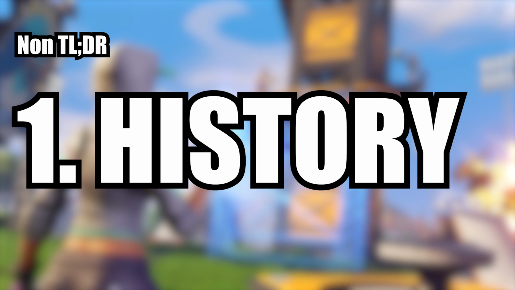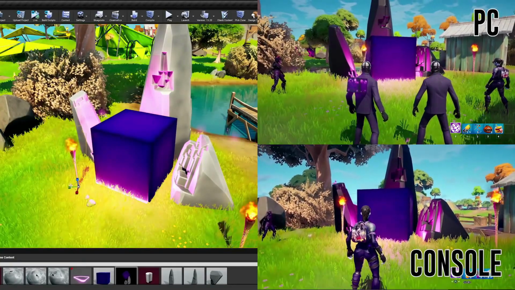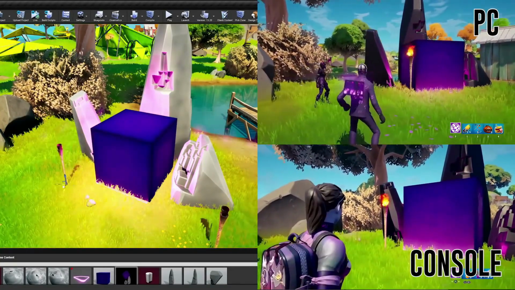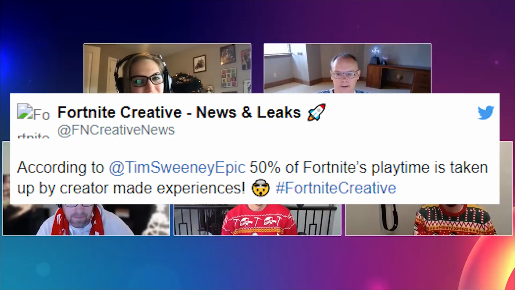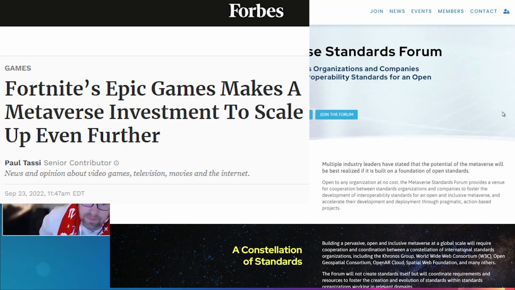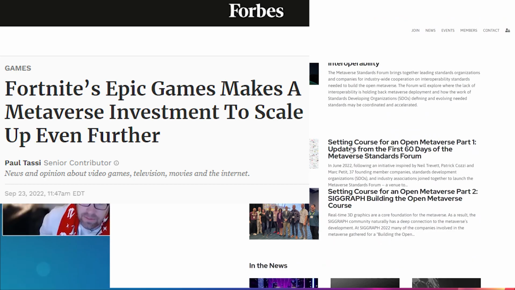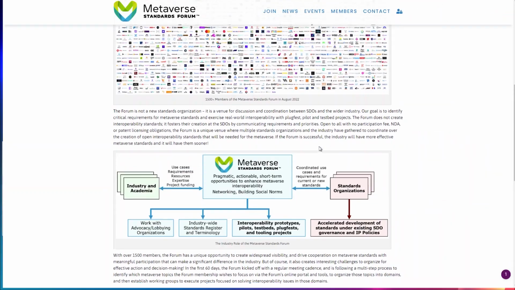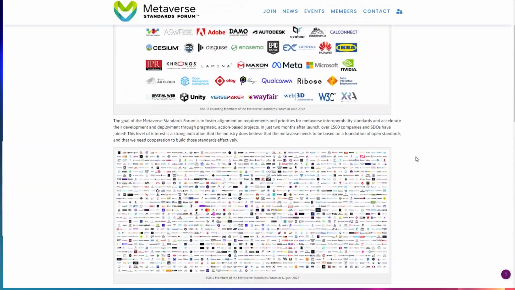And now some history. Back in 2019 and 2020, Epic Games announced big changes coming to Fortnite Creative mode. Half of the game's player base already played Creative. Fortnite popularity started declining over time, and Epic had long-standing aspirations for taking part in the Metaverse, or so-called Web 3.0 revolution.